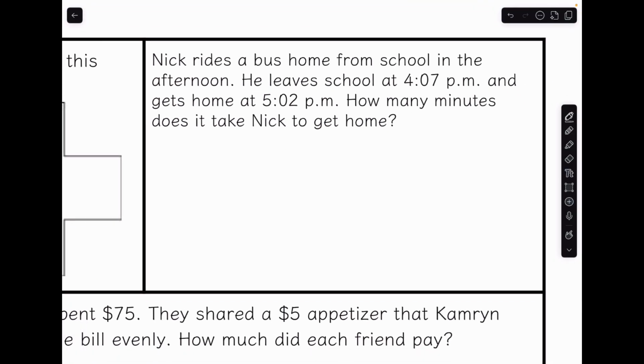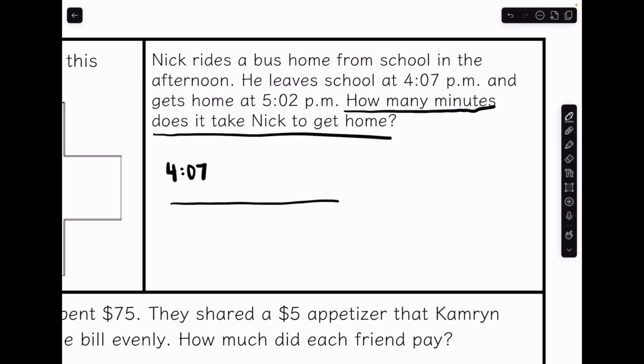Nick rides the bus home from school in the afternoon. He leaves school at 4:07 p.m. and gets home at 5:02 p.m. How many minutes does it take Nick to get home? Okay, so we are starting at 4:07. That's our start. And our end time is